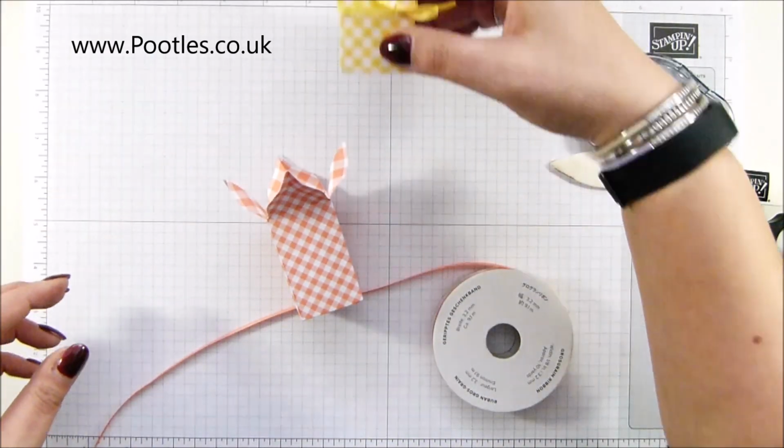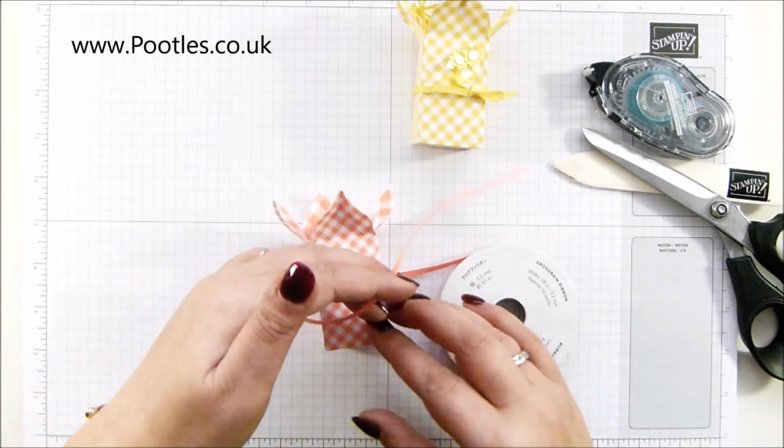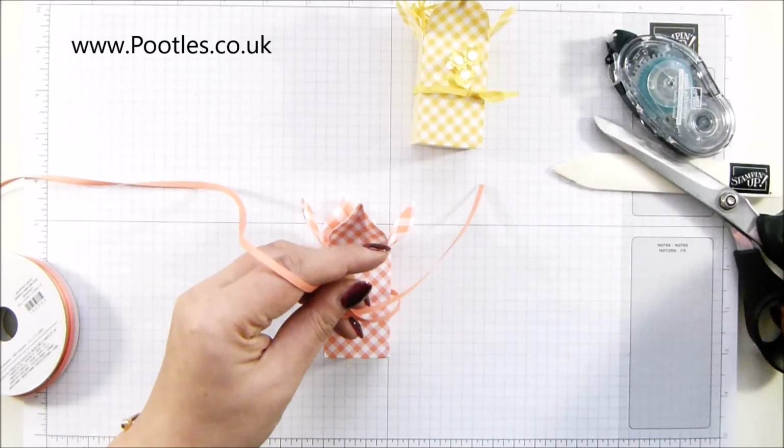in colour ribbon, and so was this one. This was Pineapple Punch. Actually, yeah, technically I want to say it was Daffodil Delight. I might not be right, I'm not really sure. But anyway, so